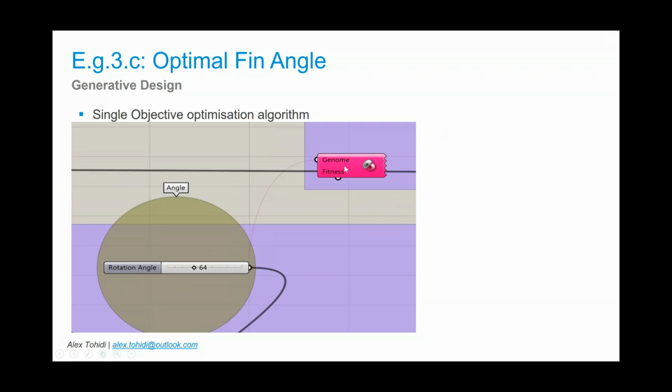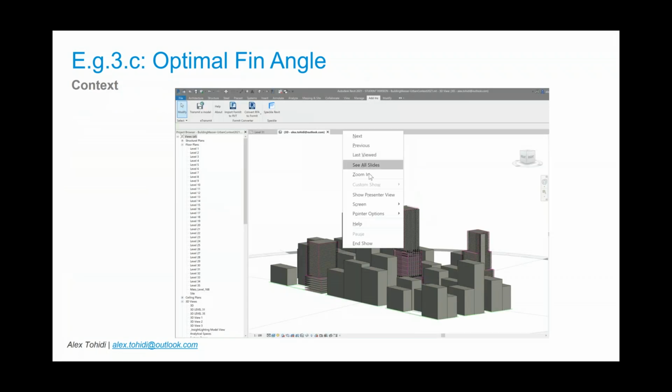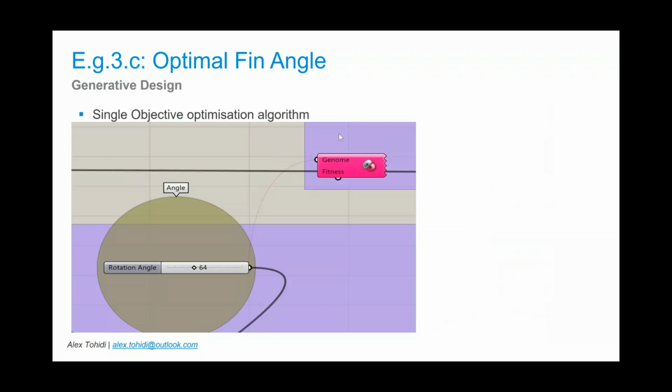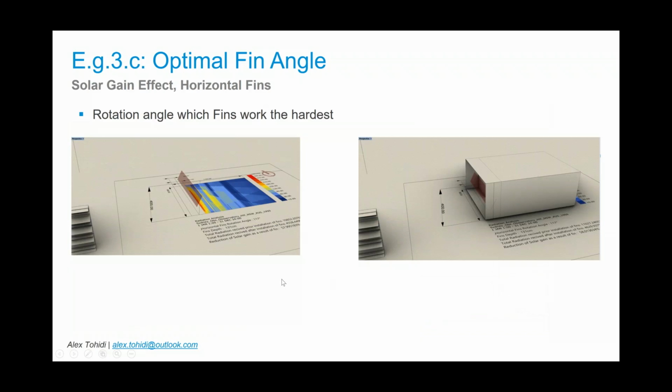I'm changing the rotation angle of each fin, evaluating a certain function, a fitness function, and that way I can calculate the optimal angle of the fins, meaning at what angle should my fin sit to work the hardest in terms of blocking the